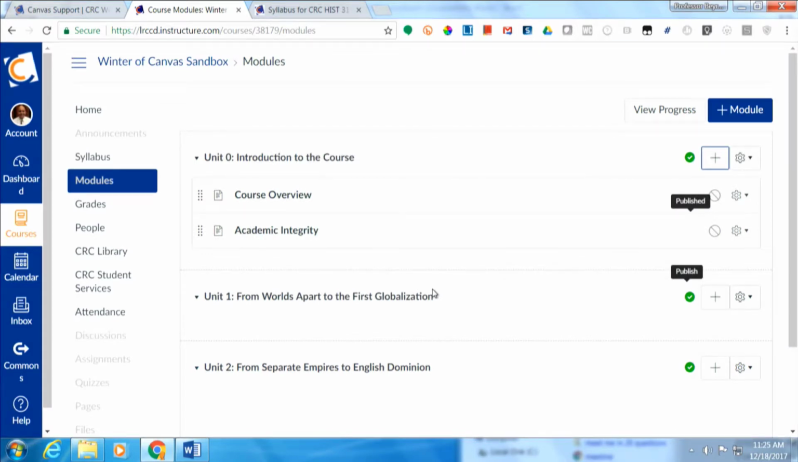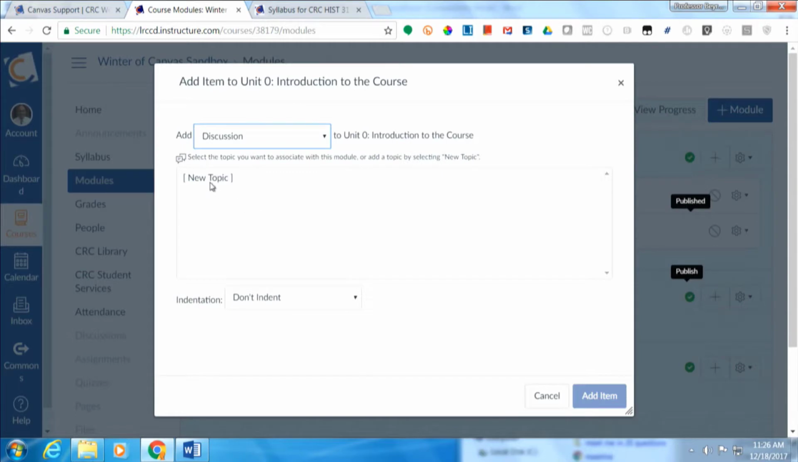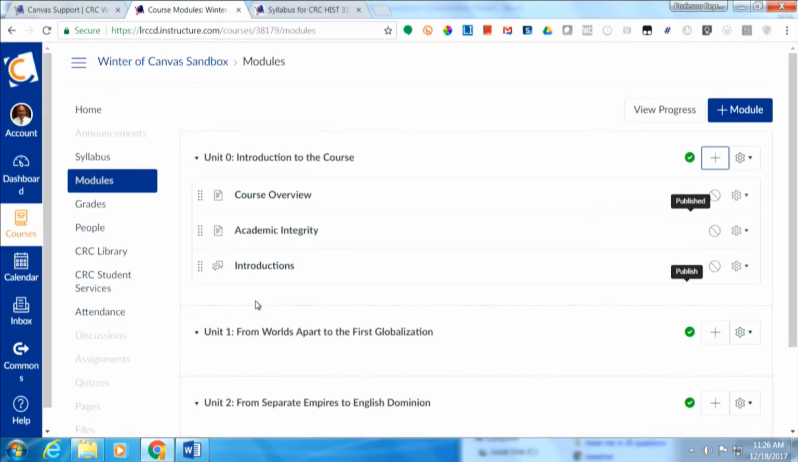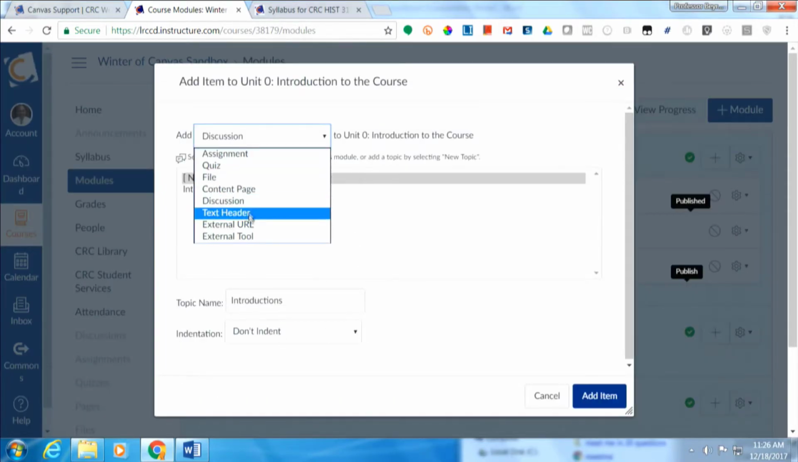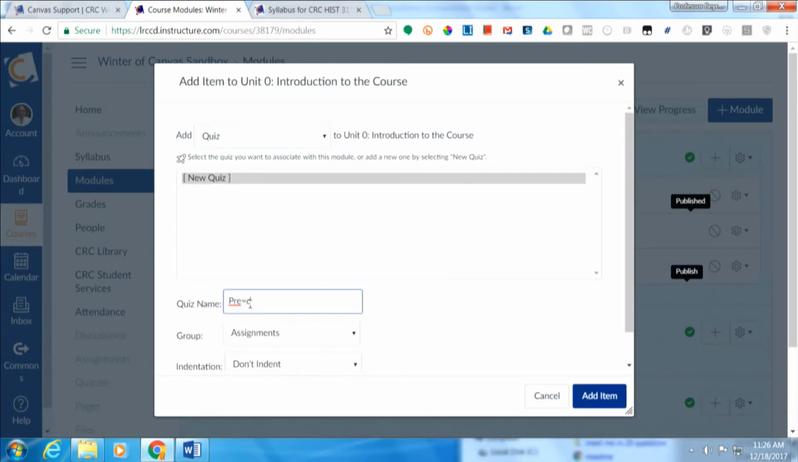I'm going to create another item inside this module. I'm going to this time make it a discussion. And the discussion is going to be a new topic. It's going to be introductions. And then I'm going to add one more item to this module. It's going to be a quiz. It's going to be a new quiz, and I'm going to call this my pre-course